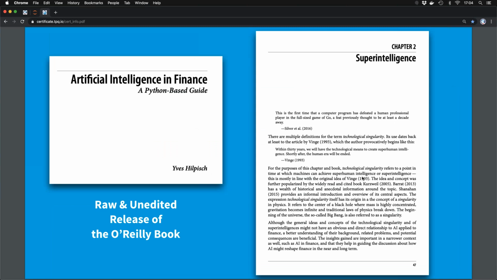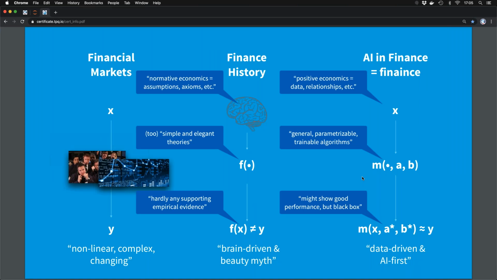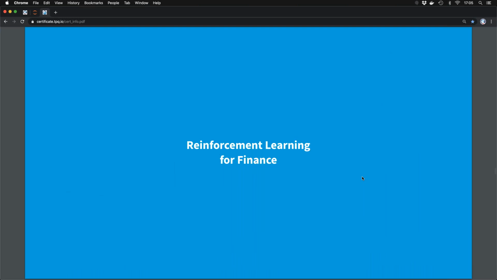On the platform you have seen the standard AsciiDoctor styling. Here is the styling for the PDF versions or the printed versions of the book, Artificial Intelligence in Finance, and the first 3 chapters already are available, among others a chapter about superintelligence. We are now in an age where AI takes over, so to say, and many of the traditional theories in our field are not that relevant anymore. All the details about that come during the course of the many sessions that we have in the program. I just want to give you here a glimpse and some idea of what to expect.